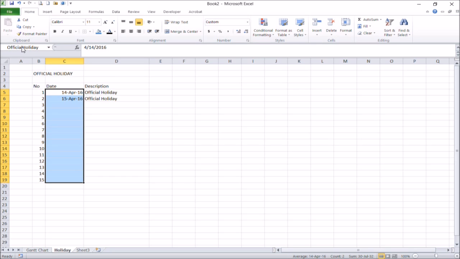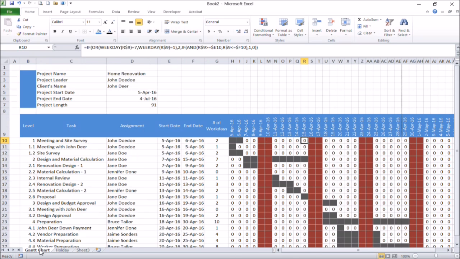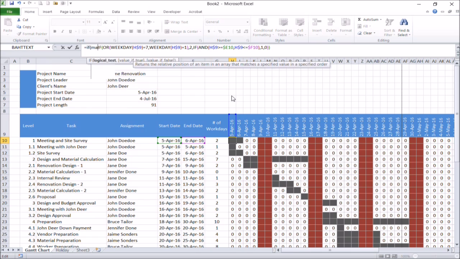Select cells with dates and define a named range for these dates. Then go back to the Gantt chart table and modify the formula to insert a value of 3 if the date in the table is the same as the dates that you have specified in the holidays table.